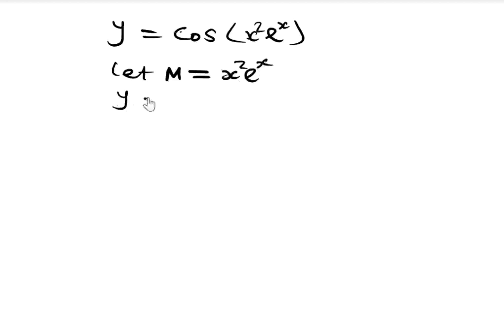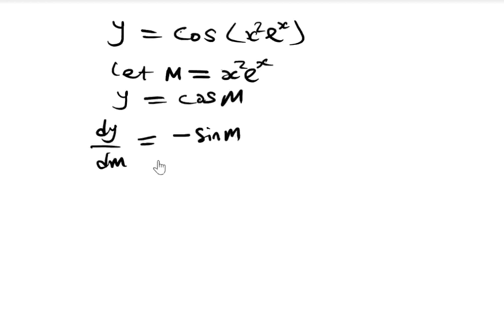Then our original question will be cos m. Therefore, dy/dm will be equal to minus sine m, and this is equal to minus sine(x squared exponential x). To differentiate m, we are going to use product rule, and product rule is dm/dx is equal to u dv/dx plus